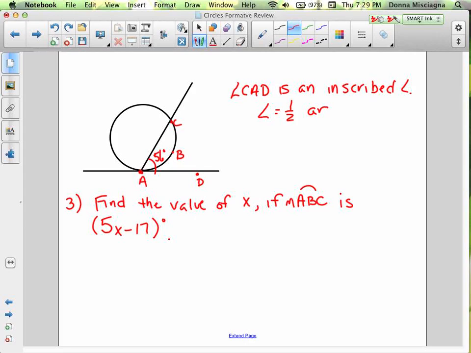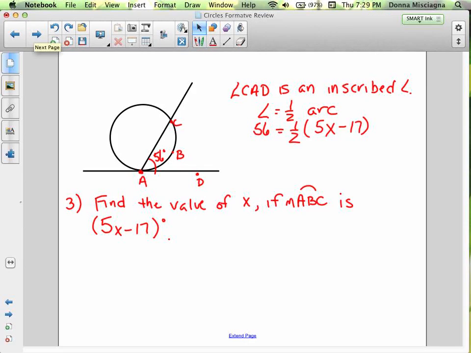So we just take our formula and we substitute the values that we have. The angle is 56 degrees. Oops, missing a C there. The arc is 5x minus 17. But I look at that and I go, uh-oh, I'm going to have to distribute 1/2